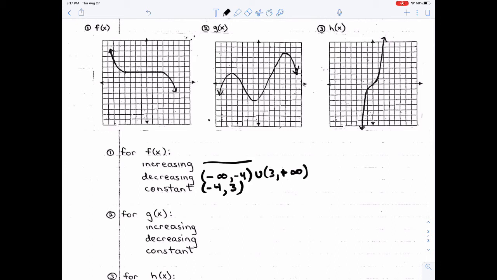Again, what is this graph doing out on the left? Is it going up or down? It's going up. Okay, that's going up. All right. So it's from negative infinity. Why is it negative infinity? Because out here is negative infinity, not because the arrow is pointing down. It has nothing to do with that. Okay, so this graph is going up from negative infinity